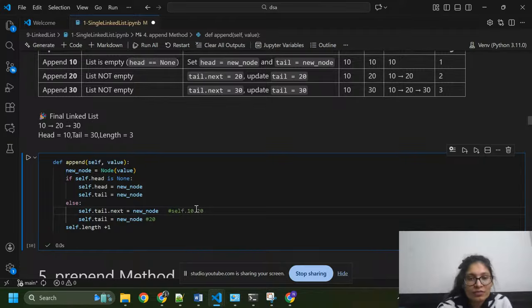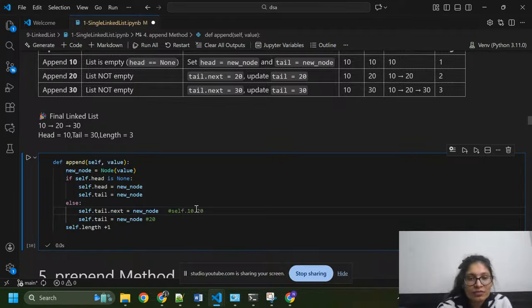The next element is 20, so 20 will become the new node, the next of 10. So this is our new element. Now self.tail will become the new node. And here, increase the length of the linked list by 1.